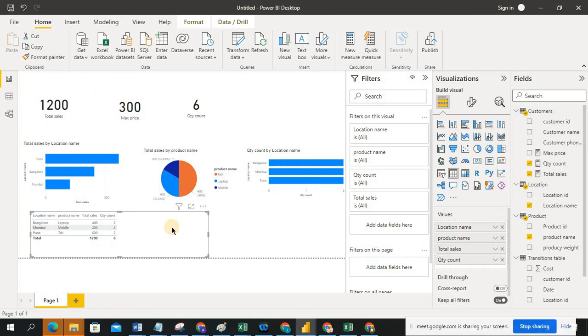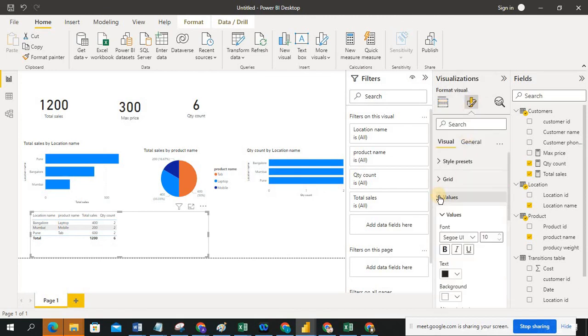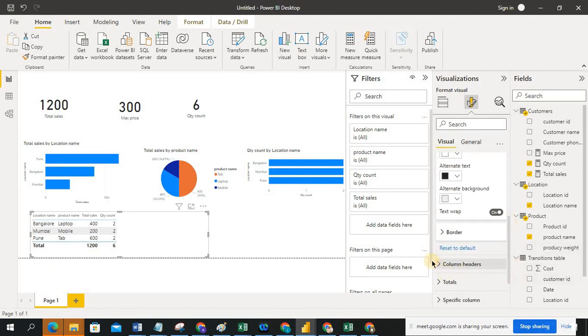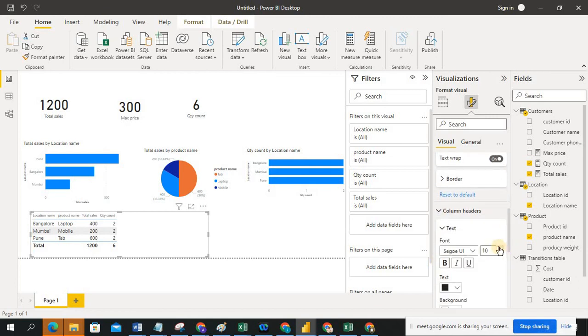So guys, if you want to increase the size of this format, so you have to keep in select mode, and go to the format here, format your visual. Okay, I'm selecting this visual, select this here, values are there, right? Values, increase the size of your values in the sense this one. Okay, now I increased column header is that location name, product name, right? See,